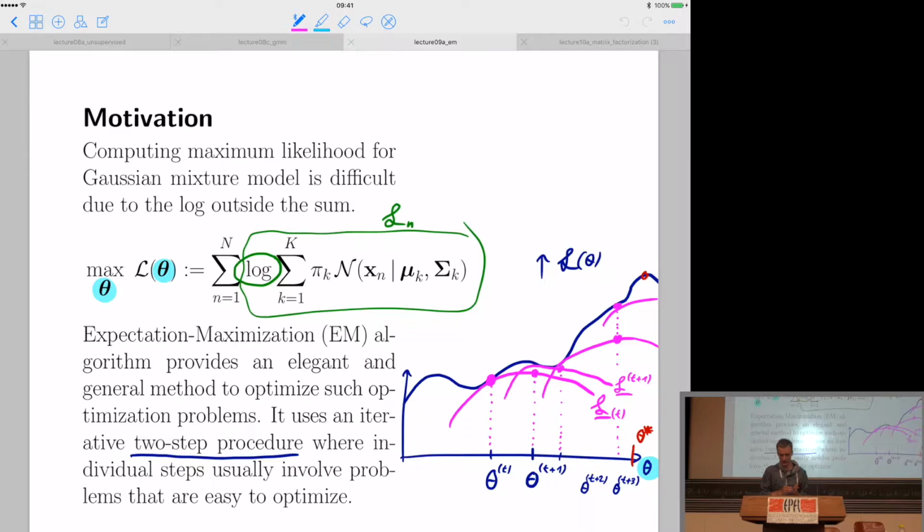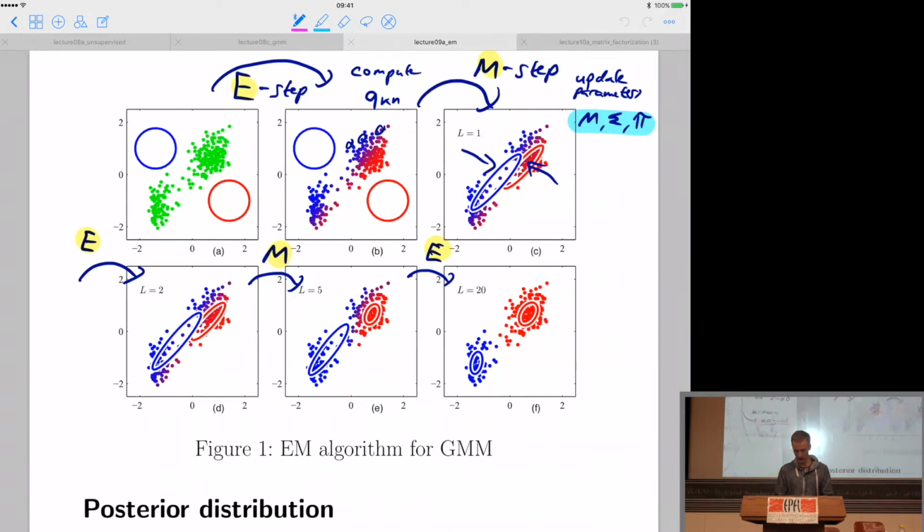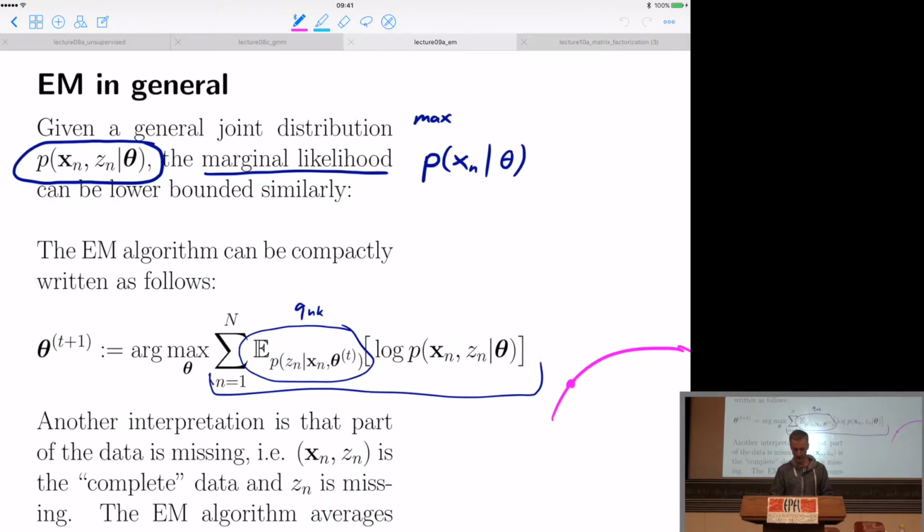Okay, we're in the middle of the end of the EM. So we said this can be generalized to any distribution which has these two components, right? We have data and we have latent variables. We have hidden variables set which you don't observe. So this is very challenging to find the parameters maximizing this thing because we don't have the latent variables